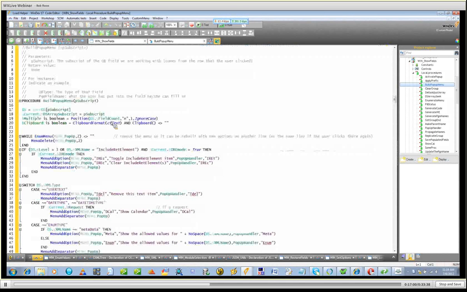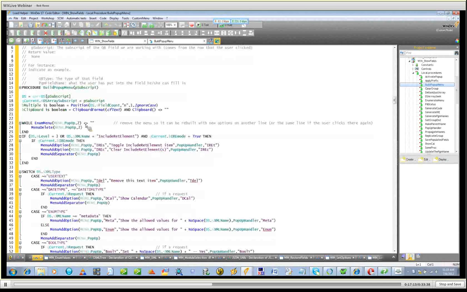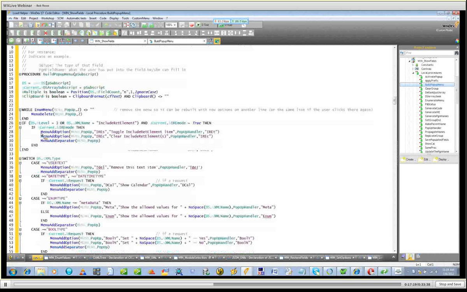Okay, set up a couple of Boolean switches based on whether or not this field is allowed to occur multiple times, and whether or not there's any data in the clipboard. Here's our famous menu cleanup, where it deletes everything in the menu so that I'm building it fresh. And